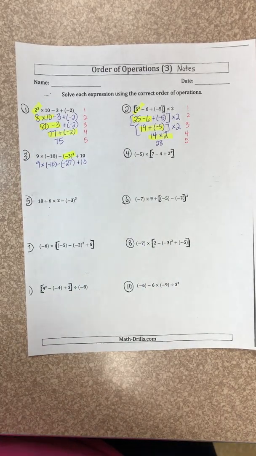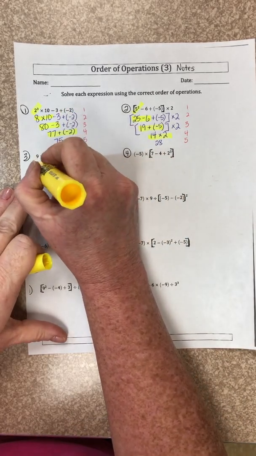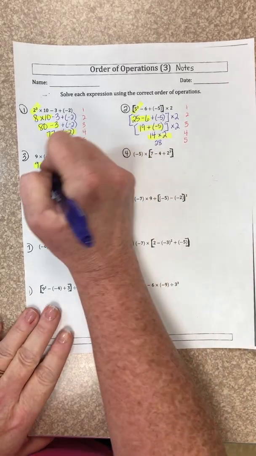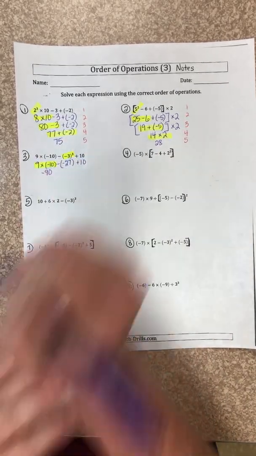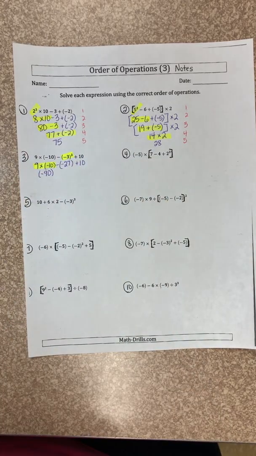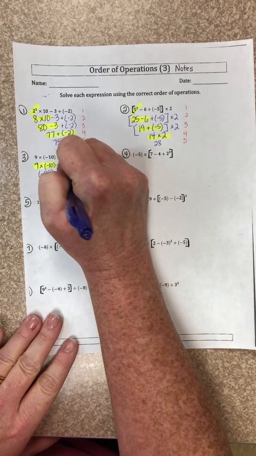So let's go back over the steps. Step 1 is grouping symbols. No, I don't have that. Step 2 is exponents. No, I don't have any exponents. Step 3 is multiplying or dividing, and yes, we do have multiplication. So I'm going to highlight that. 9 times negative 10 is negative 90, but that's a negative number, so we need to protect it with parentheses. Let's bring everything else down